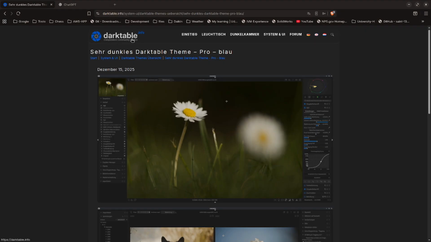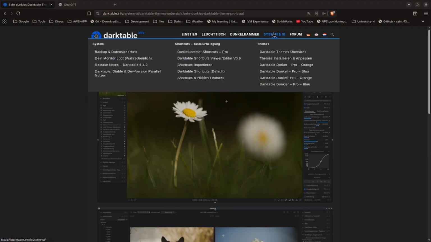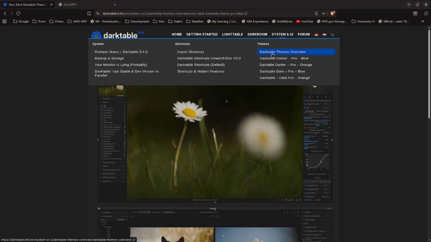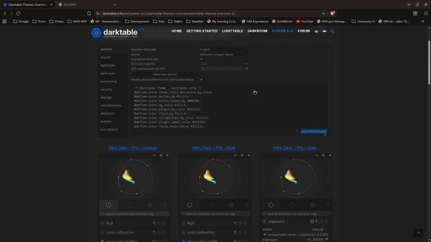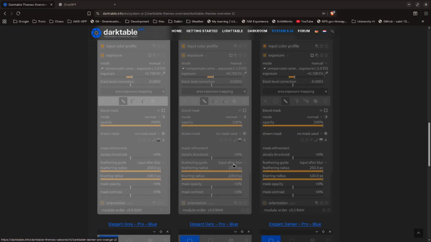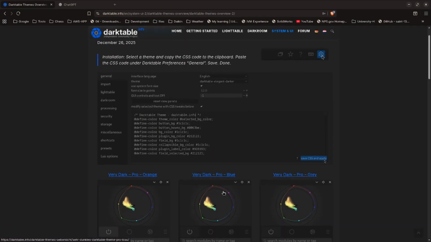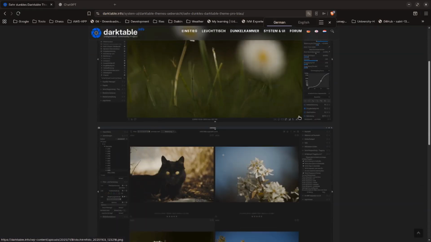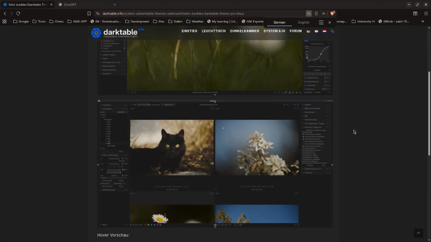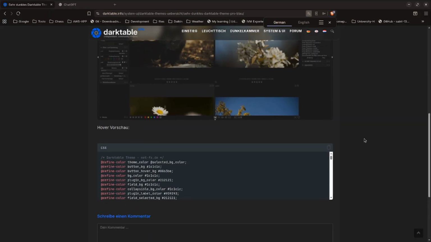It basically looks like an independent community project for Darktable, and if you go to the system up here, these links, and I go to themes, and here you can see a selection of different themes, and they have the sliders now, could be orange or blue, gray, and I like the blue actually, so I select that one, and here's the code that you put in. It basically is telling you to put this code into your settings in Darktable. So I'm going to copy it,